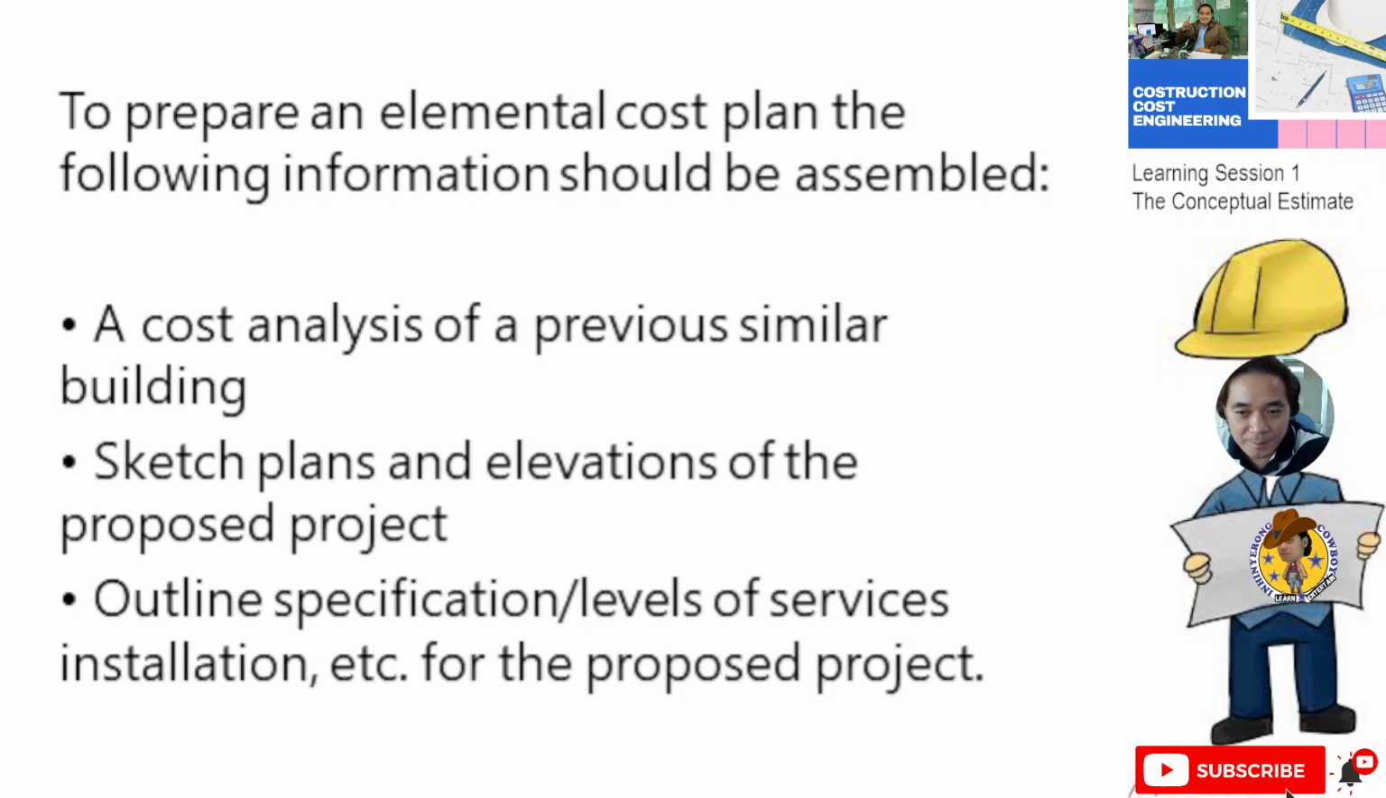To prepare an elemental cost plan, the following information should be assembled. Number one, we have the cost analysis of a previous similar building. For example, if you have a history of making a basketball court, then after 5 years, a certain client wants to build that one. If you are in a hurry and your time is limited, you can use the historical data or cost, provided that